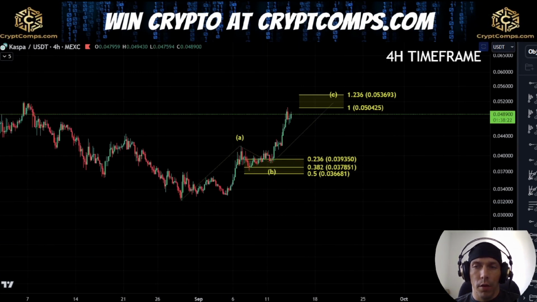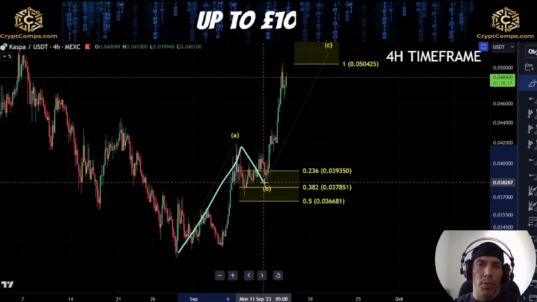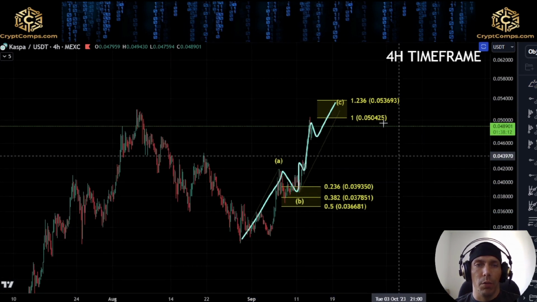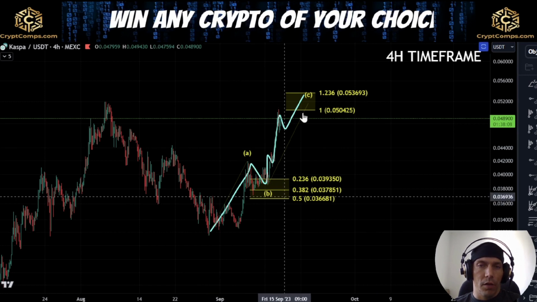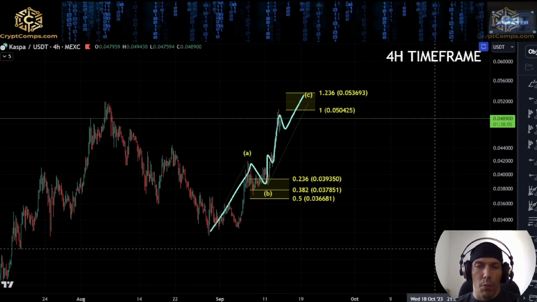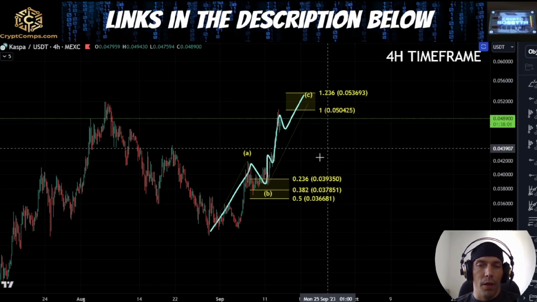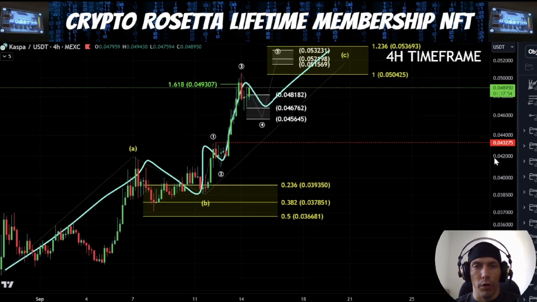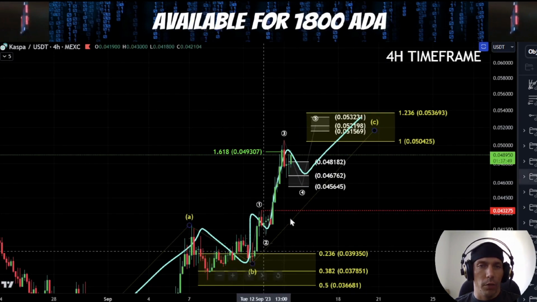Now, given the structure that we've got here, we also need to be careful that this isn't just A, B, and we get 1, 2, 3, 4, and 5, and then we look to break down. So this is why I'm saying we need to be careful of this more bearish idea, that if we just see this as 3 waves up, we could start to see a more impulsive sell-off to the downside, or it could be a 3-wave move. But the key thing is that effectively, once we complete the 5-wave move that we've got here, which is this white one, it would still align with having one more push up here, this corrective structure.